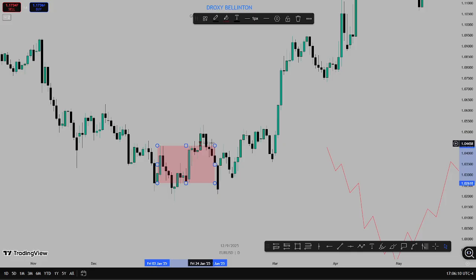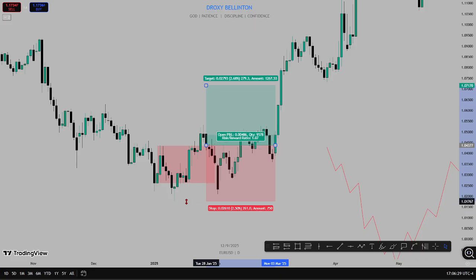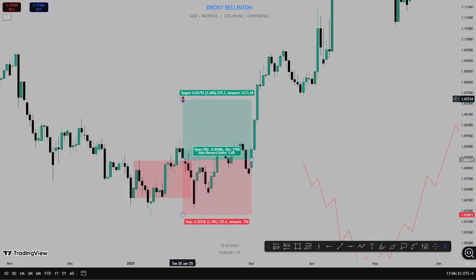When this candle closes above this breaker block, it validates that this is a correct breaker block. Do you understand? Therefore, you can trade this breaker block, and you can see how nice price respects the